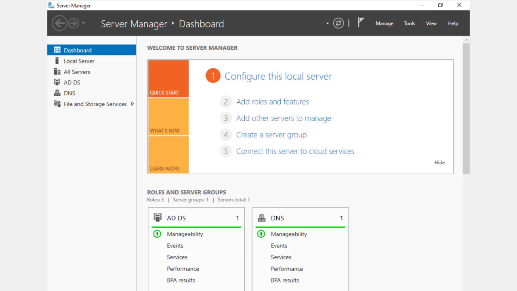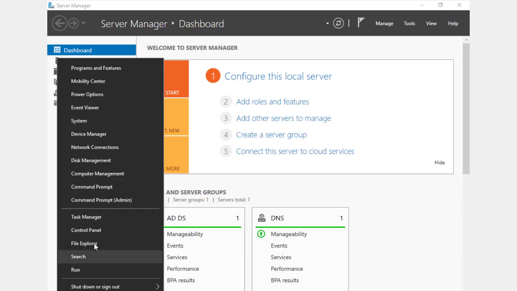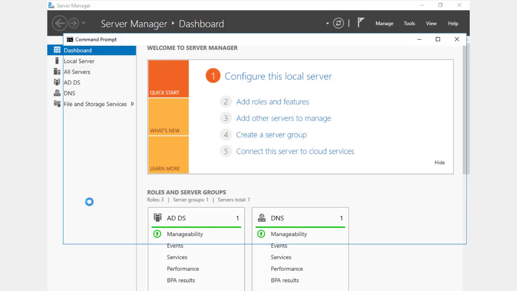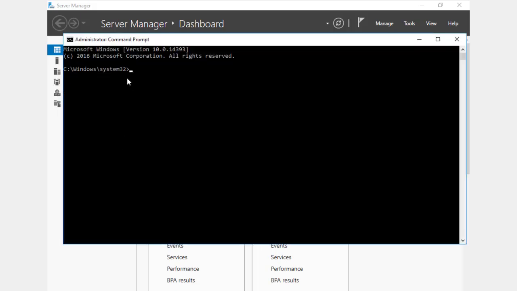inside our command prompt from right clicking this part, and there is command prompt admin. Inside the administration, we will type a command that is gpupdate, which means group policy update. And we are forcefully updating it, so we'll write /force and then click enter. The policy is being updated. Now the computer policy update has completed successfully. And also the user policy update has completed successfully.